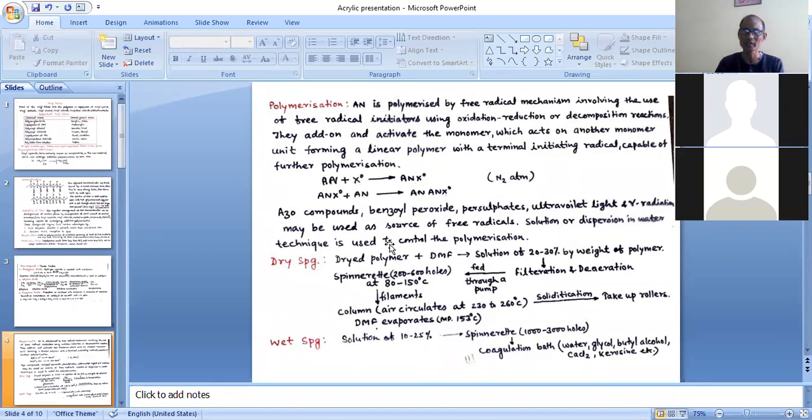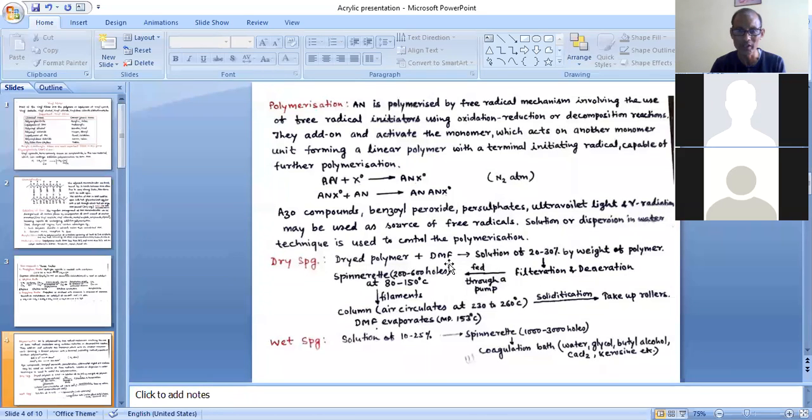Here we have just taken the introduction. Now here we are taking two methods of spinning. One is dry spinning, another is wet spinning. So in dry spinning, we are having the dried polymers, this polymeric substance, which is polyacrylonitrile, dissolved into dimethyl formamide,